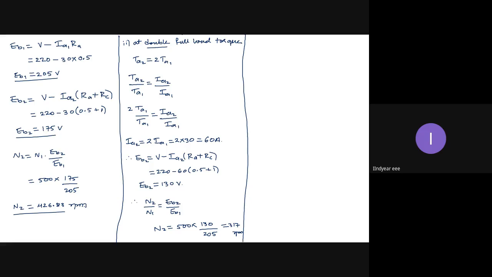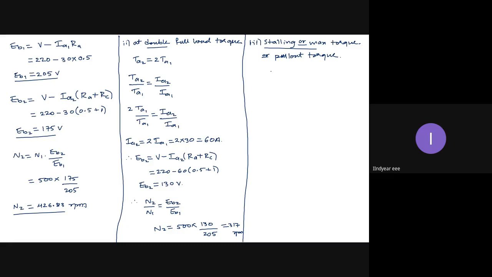Third case, the third point, what we should find out is the stalling torque. Stalling or maximum torque. It is called stalling torque, maximum torque, or pull-out torque. Sometimes it is also known as pull-out torque. Now, I can calculate torque once I know the power.